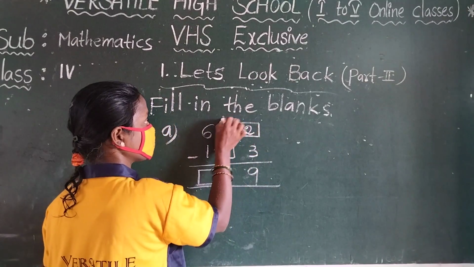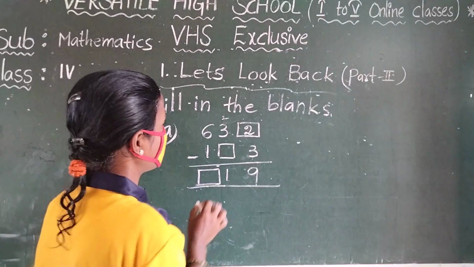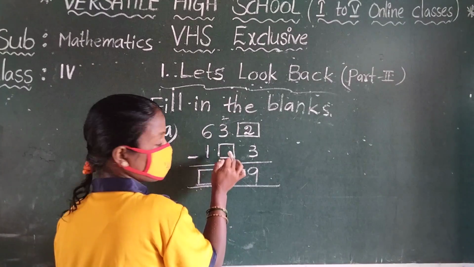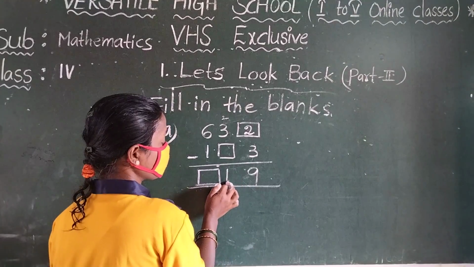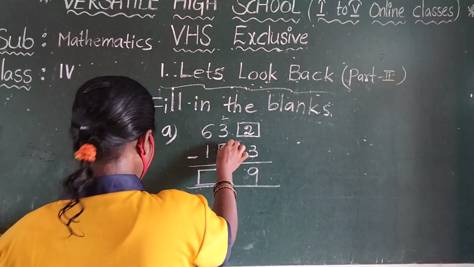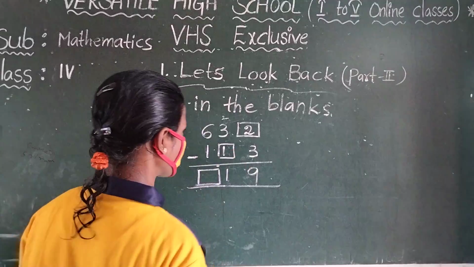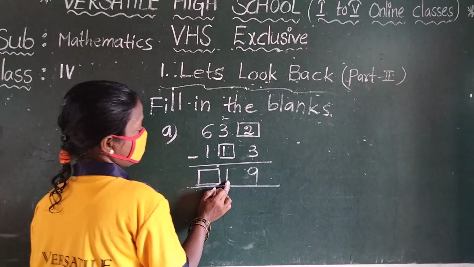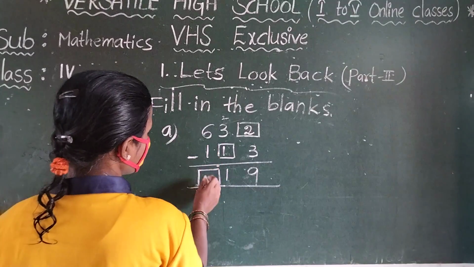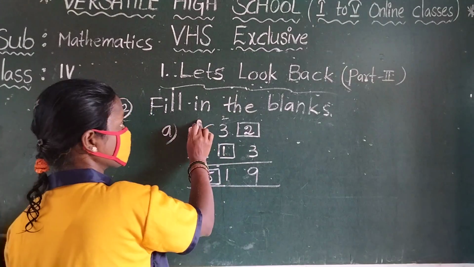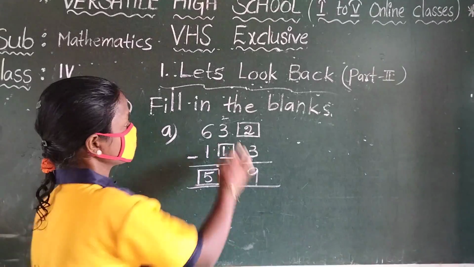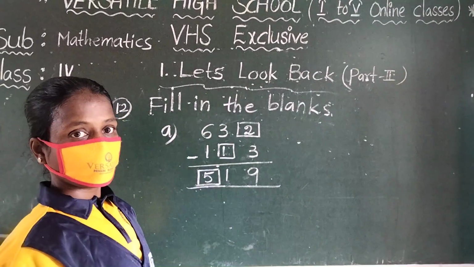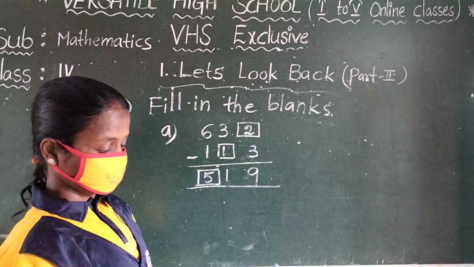Borrowing is going on. So what is the number giving here? Writing here 2. 2 minus. If you add 1, what can you get here? 1. 2 minus 1, 1. Now here 6 minus 1, 5. Why? Because there is no borrowing. So this is our answer. The remaining 2 you practice in your textbook.